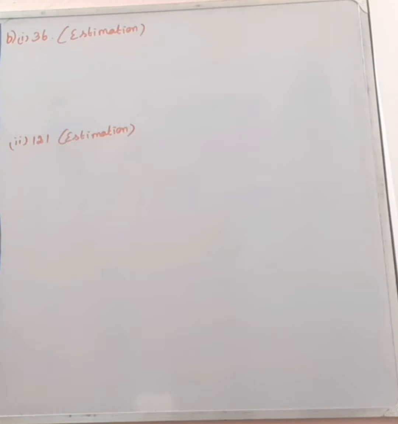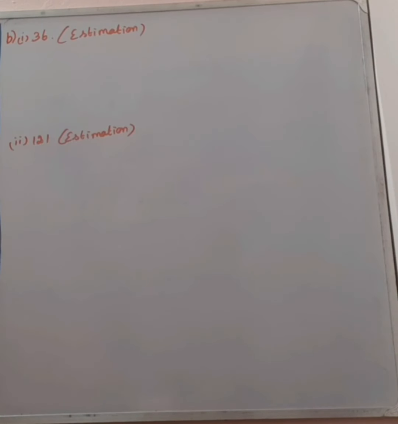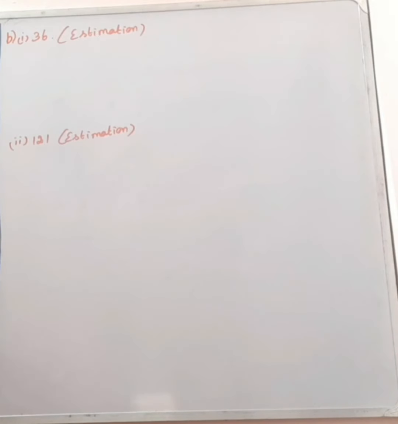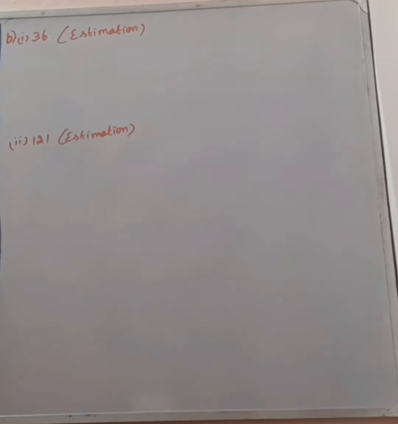B sum is 36 with the estimation method. Okay. The estimation method means what? We want to estimate and say the value. We don't need to solve that one. We want to say it in an approximate way. Already we see in the sums of addition and subtraction we take an estimated value. That is if we have 150 we take that as 200. If we have 120 we take that as 100. Like this we take, no? Like that we want to do here.